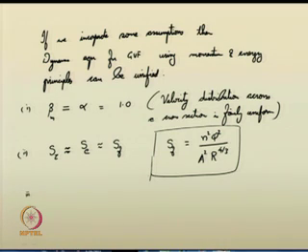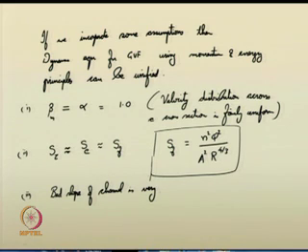Also, we are suggesting that the bed slope of the channel is very small. This approximation is used in such a way that we are suggesting cos theta is approximately equal to 1. So, if we incorporate these three assumptions, your dynamic equation for gradually varied flow becomes